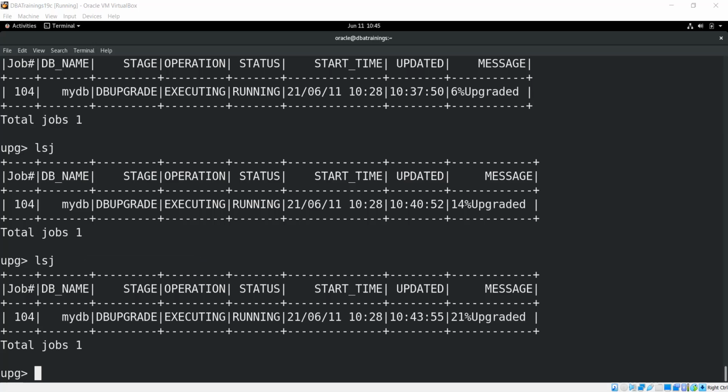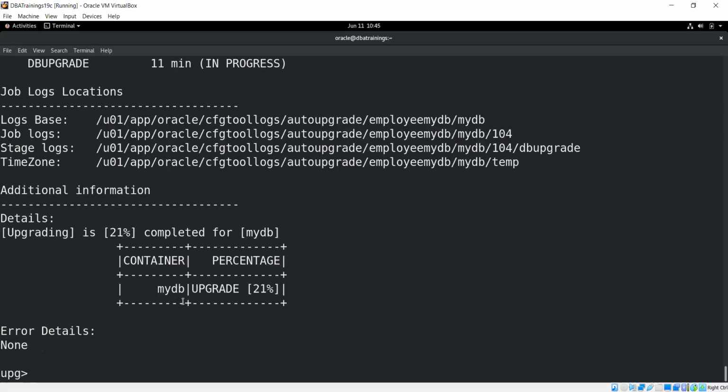Let me go for my status job, checked in the details, so you can get the idea what it is doing as of now. So it's upgrading. So 21% has upgraded.